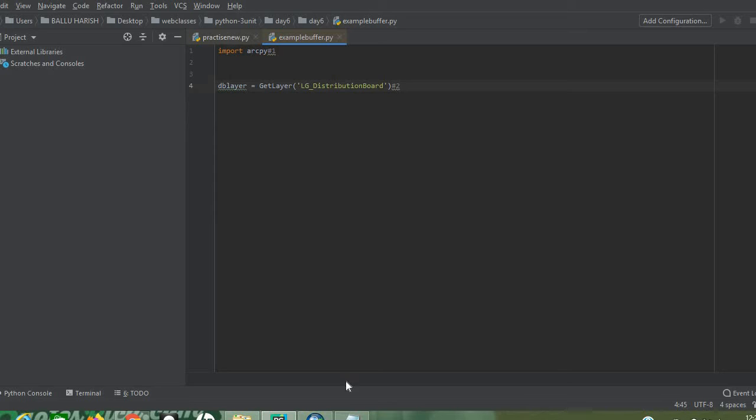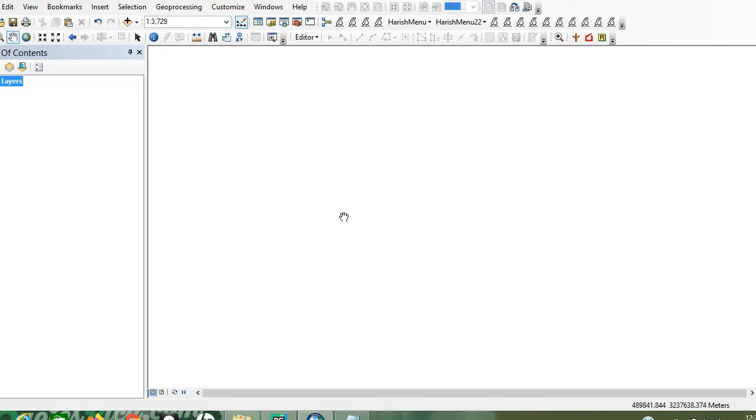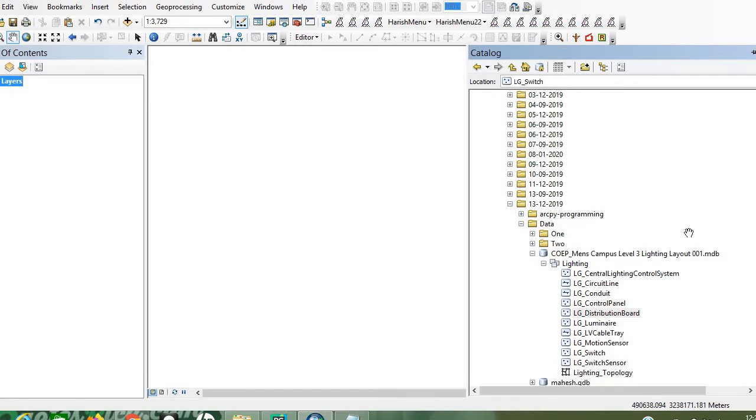Okay, here I'm opening the ArcMap. I'm going to the catalog. I will give this particular data folder also. Whatever data is required for this program, I am going to give it to you, and it is available in the data folder. And this is the particular MDB.